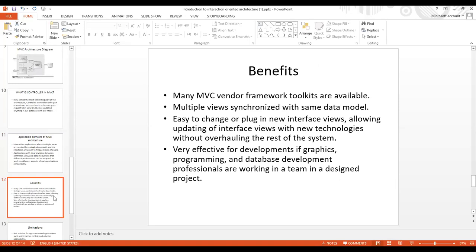Very effective for development if graphic programming and database development professionals are working in the team. Each is designed to be a separate part, and it is easy to debug when there are multiple levels of properly written application.